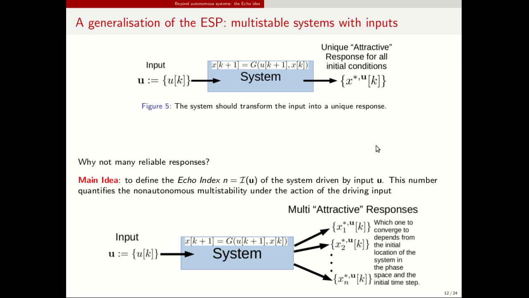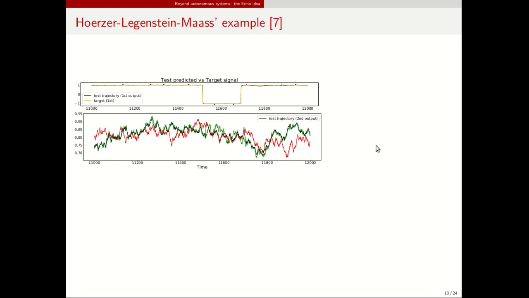Here I want to show you an example that we found in a paper that you can find in the references at the bottom of these slides, a paper by Hoerzer, Legenstein and Maass, where the neural network must develop two, let's say, attracting trajectories in order to solve the task. The task is the following. The inputs